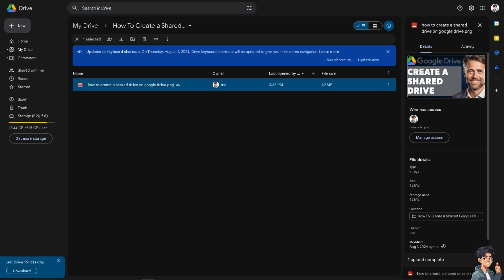Once you've done that, you have successfully created a shared Google Drive folder here on your account. That would help you streamline your workflows, enhance collaboration, and ensure better organization and security of files, making it a valuable tool for teams and organizations, your clients, your company, or even the partner or boss that you are working